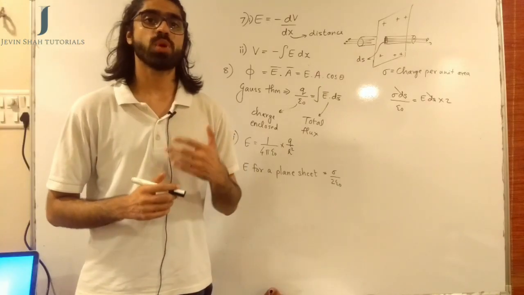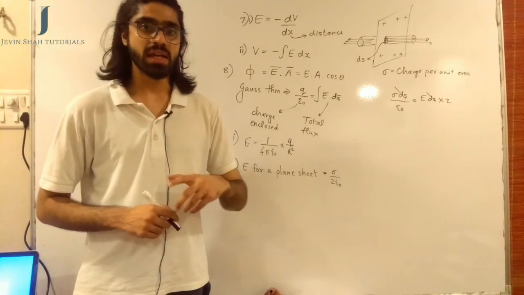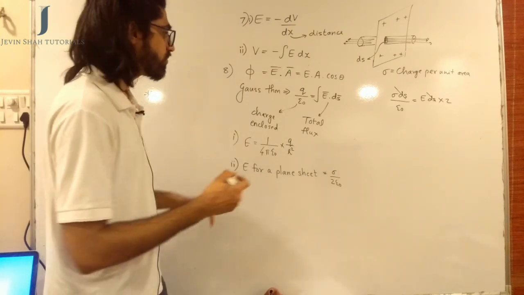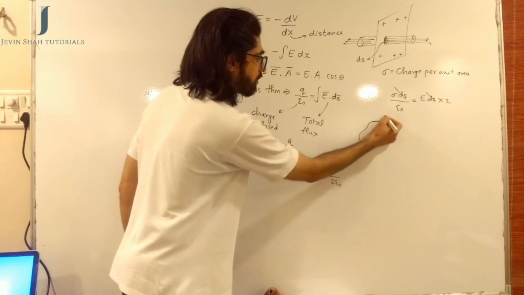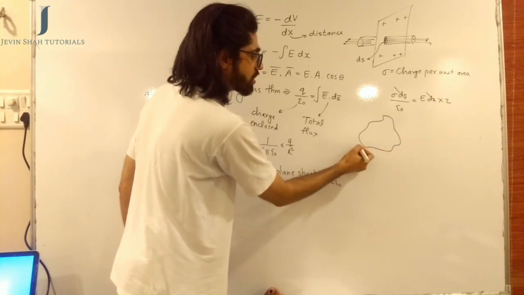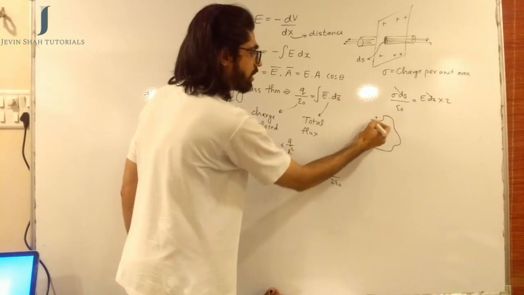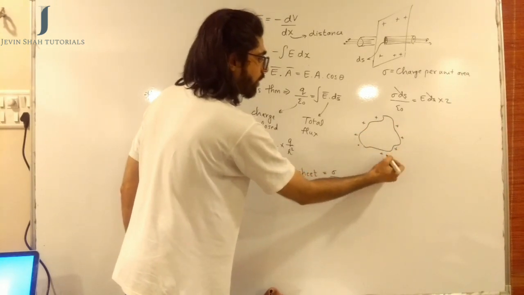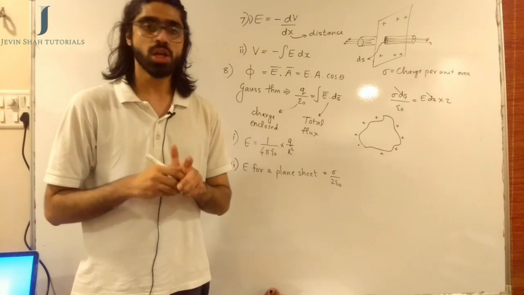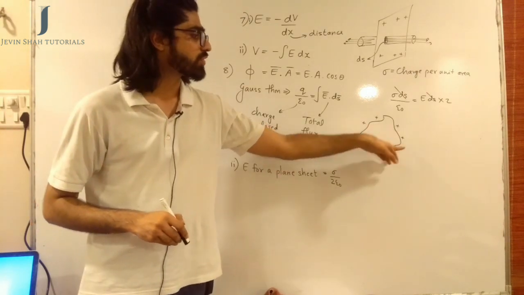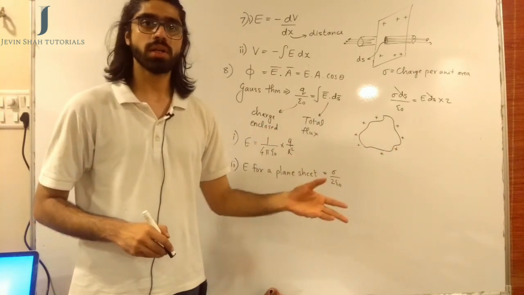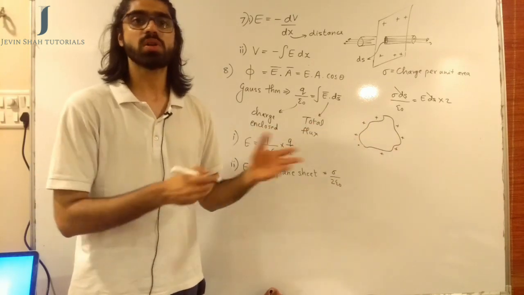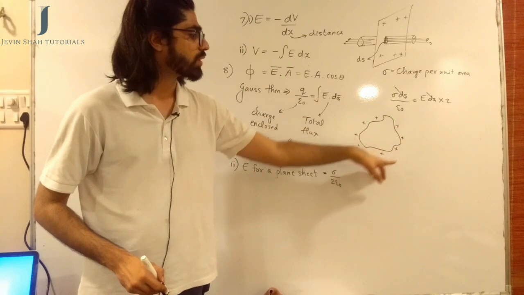The next shape for which you need to learn the formula of E is, say for example, any irregularly shaped body. So if you have an irregularly shaped body, then at a point which is very close to the body, say for example a charge of plus q is uniformly distributed on the body, and assume it is a conducting body, so the charge will be only on the outer surface of the body. Had it been non-conducting, the charge would have been in the entire body, in the interior as well, but because I said it's a conducting body, charge will be only on the surface.